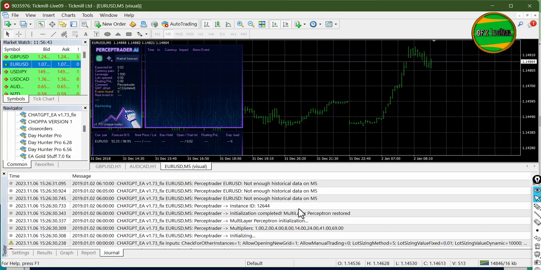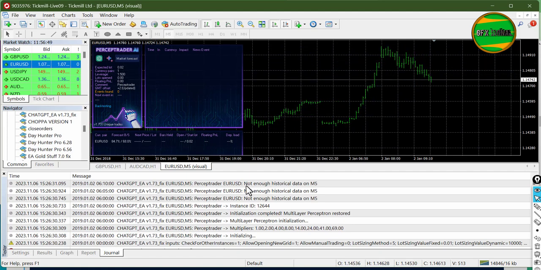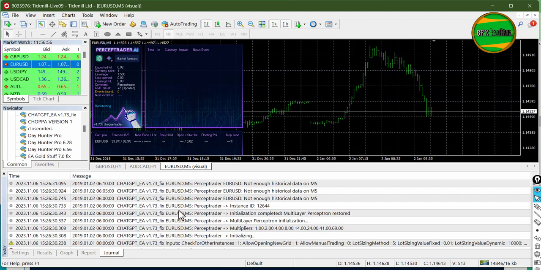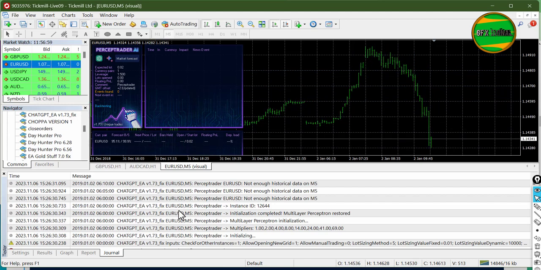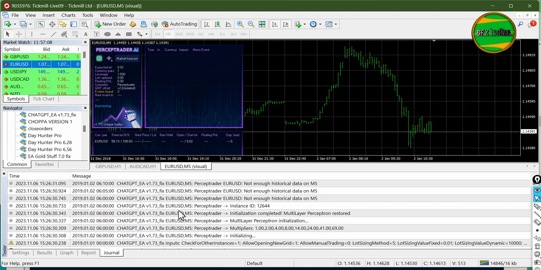Yeah, I'll show you. This one is saying always like not enough historical data. Ignore it. But right now it's collecting data for analyzing because they are using a lookback. In simple words, they are using a lot of past data for predicting trend. Here I use a regression model. If you know about regression